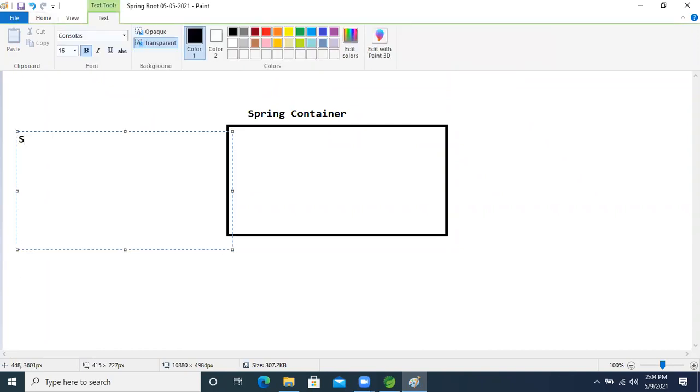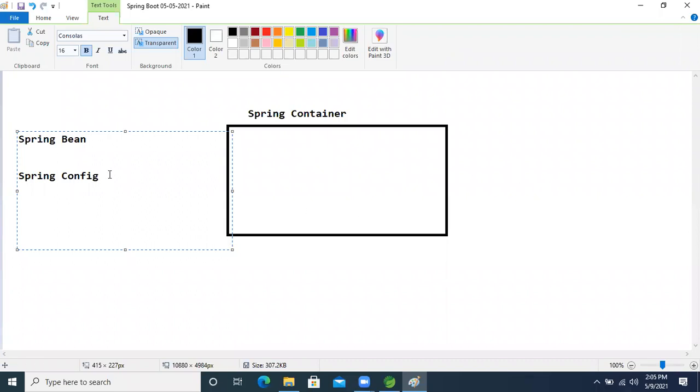The first is the Spring Bean, and the second one is the Spring configuration, the Spring Config. If we give these two, then our IOC container will start to work.